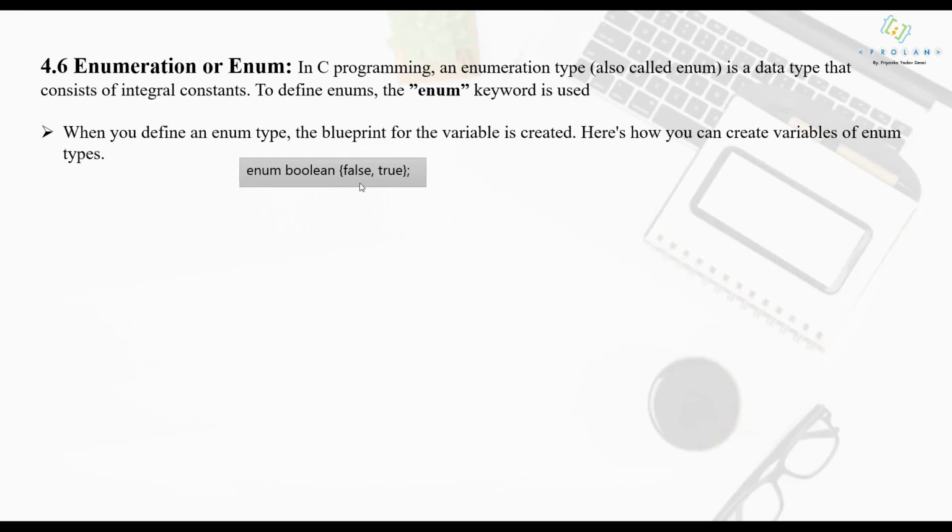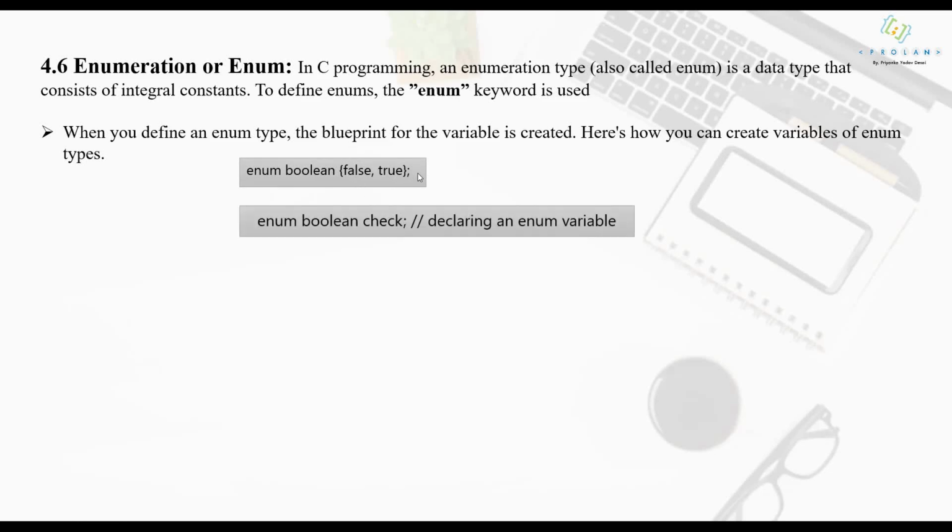Okay, now assigning value to the names of enumerated data type starts from 0. So compiler will assign 0 to the first name, 1 to the second name. If there are more than 2, 3, 4 words, it will assign sequentially. So here there are only two names, so compiler will assign 0 to false and 1 to true sequentially.